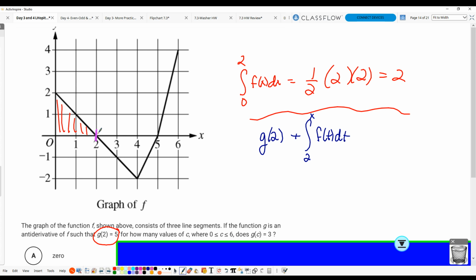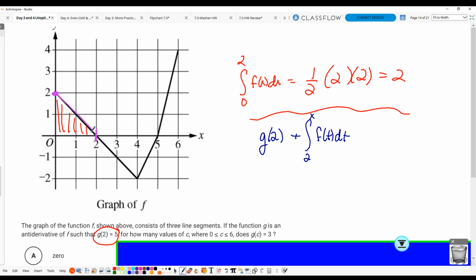I can go back in time, trust me, to where my stock price was worth something. So if this was your stock price at time 0, because I'm now at time 2, recession, depression, whatever you want to call it, has happened. This is what's happening to my stock price. Did my stock price gain value from 0 to 2, or did it lose value from 0 to 2? Lost value. So if I was 5 here, I would have been